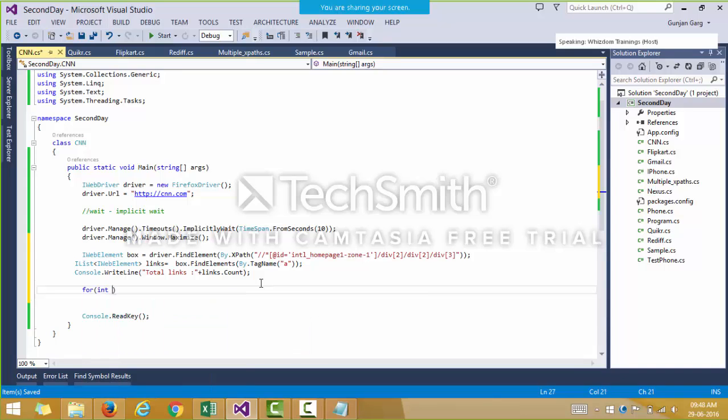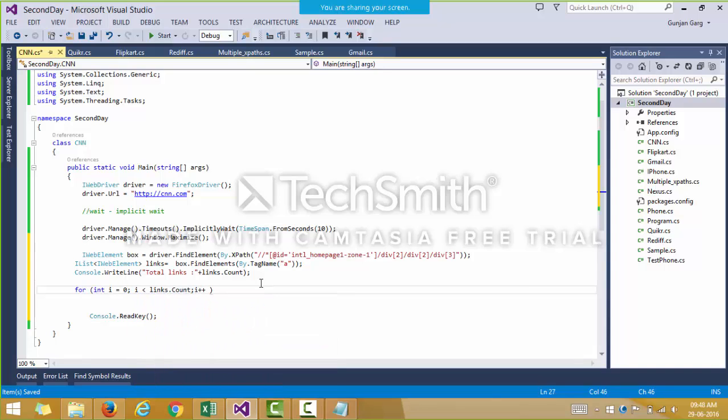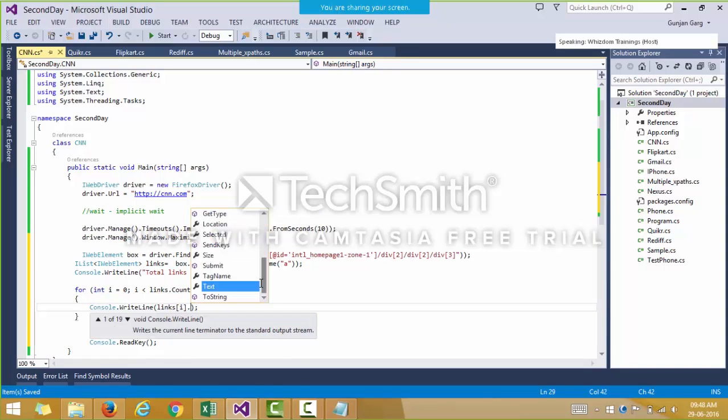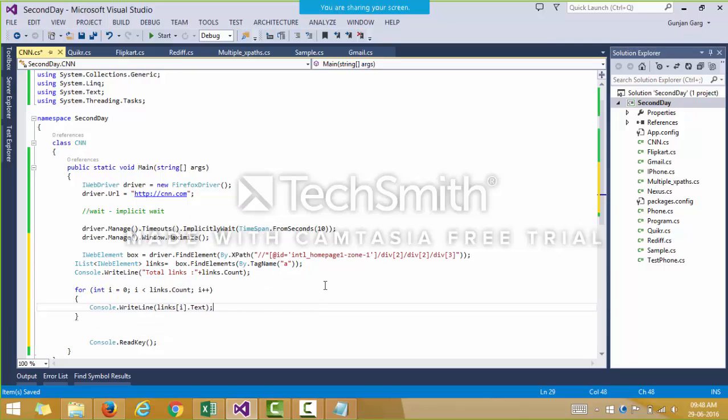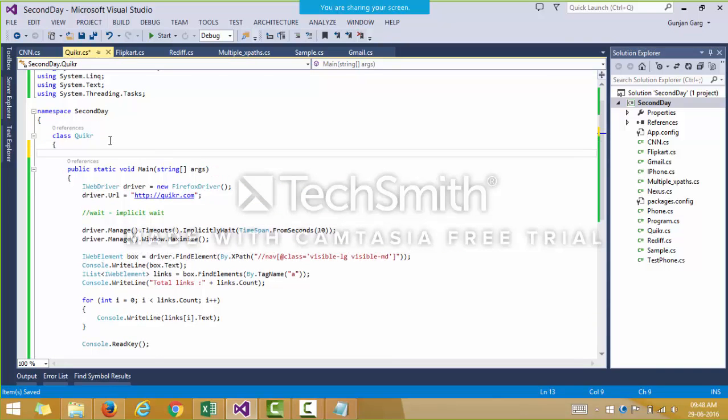So I'll write a for loop over here, that is links dot text, okay. And I'll run this. I'll wait a minute, I'll comment out the main function of the Quikr website.